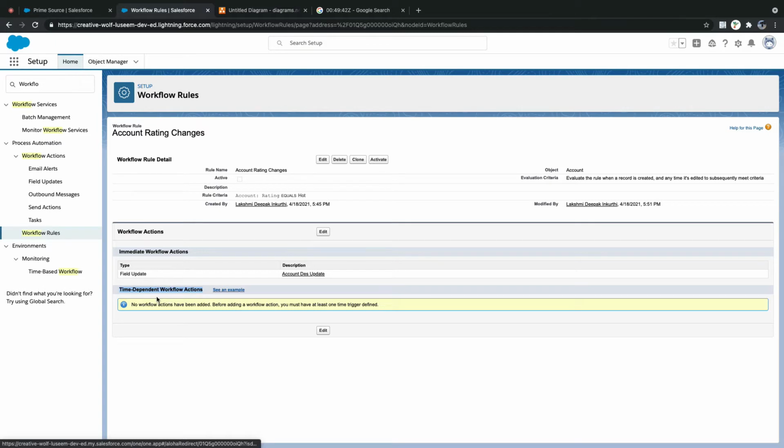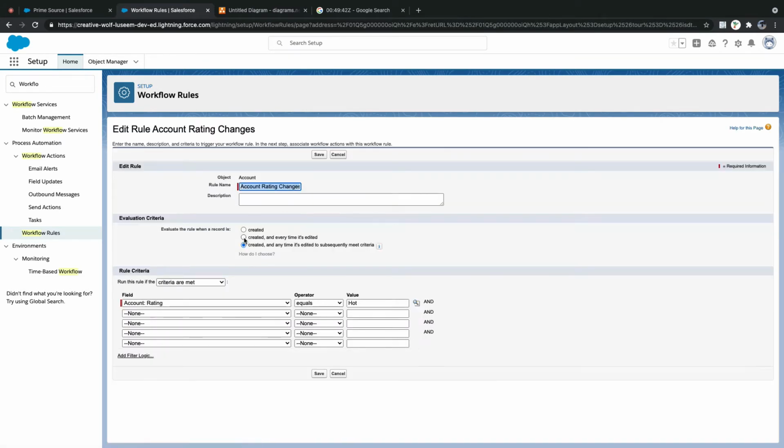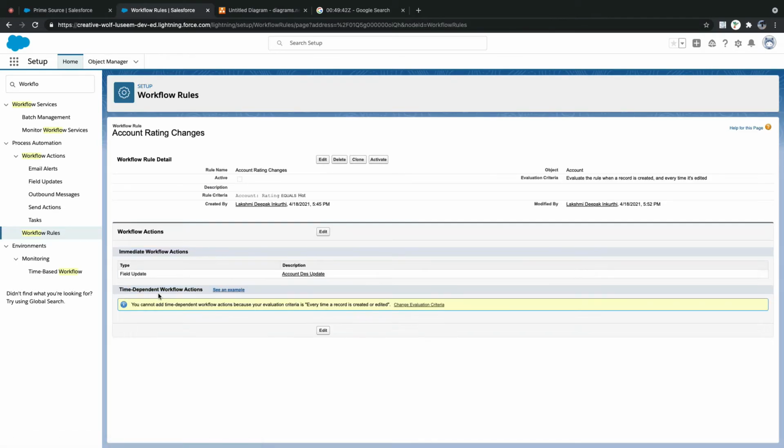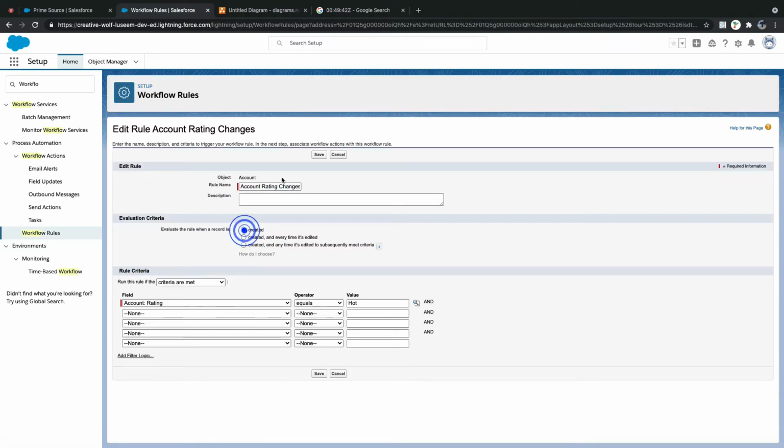These will be available only for created, or evaluation criteria subsequently met criteria, not on the every time created and edited option. If I select every time created and edited, that option is disabled. You cannot have a time dependent workflow action with this evaluation criteria. If you want to use time dependent workflow actions, change the evaluation criteria to created.